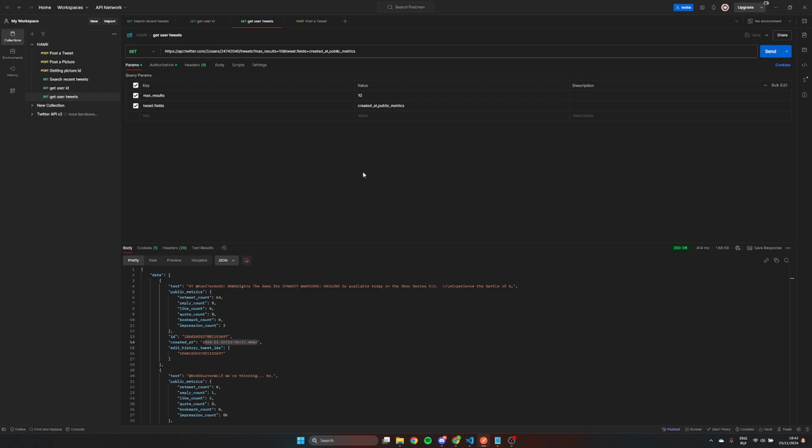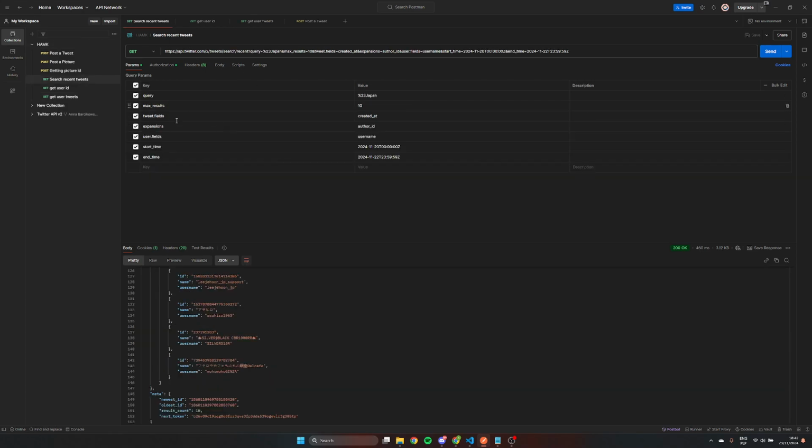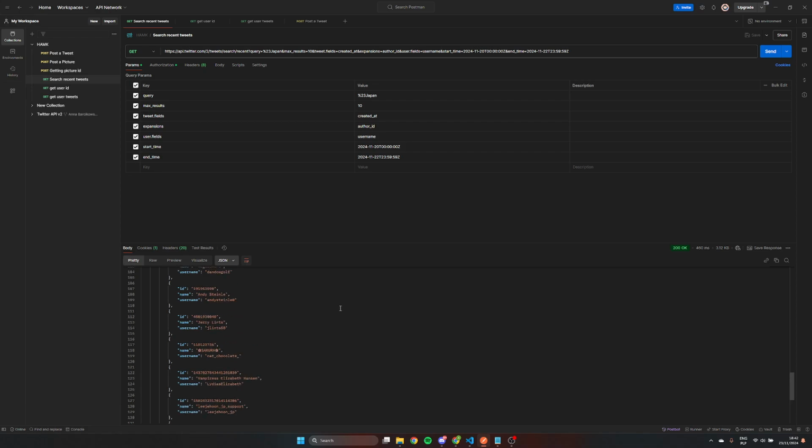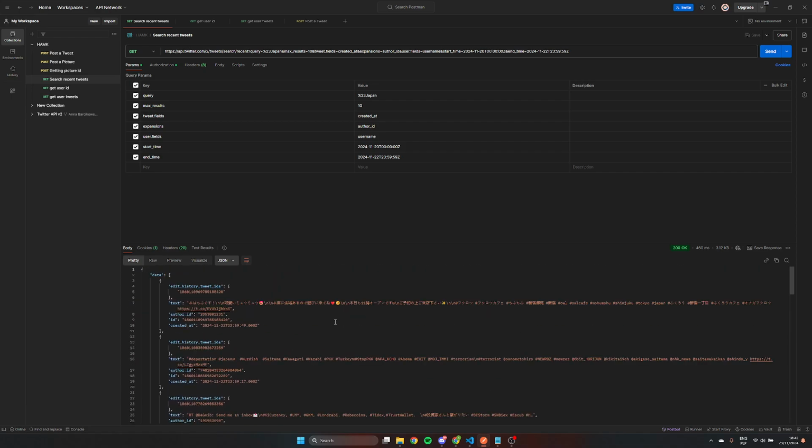Third one is search recent tweets using a hashtag. I decided to go with hashtag Japan for no particular reason. I printed 10 results, time that it got created, author ID, and based on author ID, I got the username. And I set the time of the search tweets to the last 10 days, so from this date to this date. And as you can see, we have our 10 tweets from the hashtag Japan,